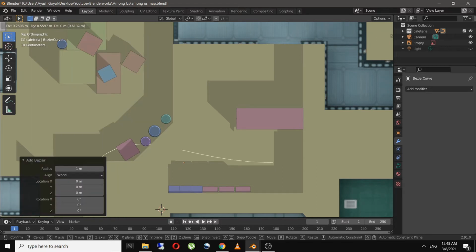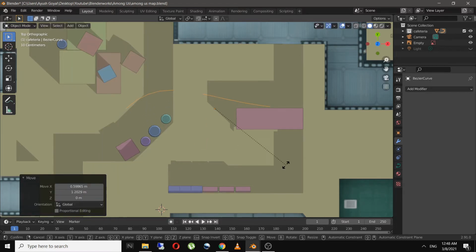For wires, I have added in a Bezier curve and placed it according to the reference image in wireframe mode.